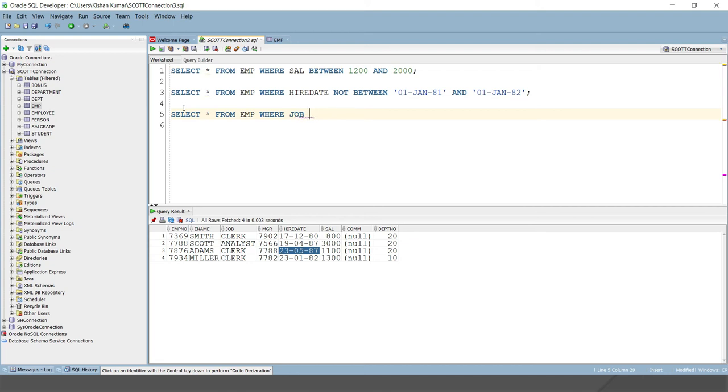what kind of job, basically what kind of designation we are looking for. Either the employee is analyst or salesman. So I will write job, and the in operator we are going to use here. You can write it in capital or small letters, it doesn't matter. So here the employee can be analyst or salesman.